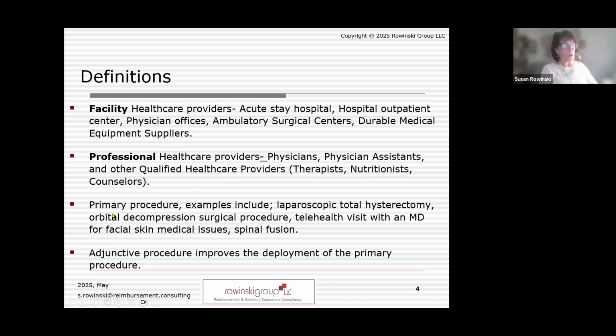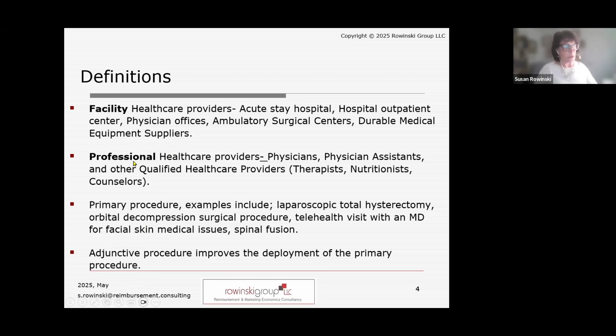You're also going to hear me use a term called primary procedure. Primary procedure is what we call the episode, the reason, the patient, what is happening to the patient. The best way to describe primary procedures is to give you some examples. For example, I could be admitted to an outpatient center for a laparoscopic hysterectomy. I could be admitted to a hospital outpatient center for an orbital decompression surgical procedure. A telehealth visit with a physician to review facial skin issues is considered a primary. Spinal fusion is considered a primary. Adjunctive procedures improve the deployment of the primary procedure. So it's important to understand the difference between primary and adjunctive in our time today, and facility provider